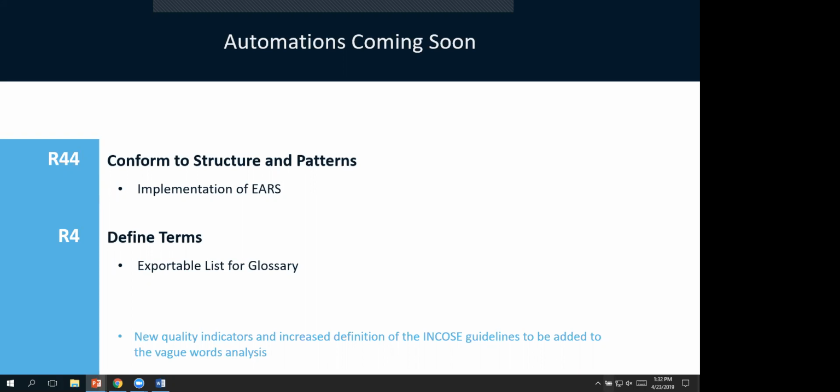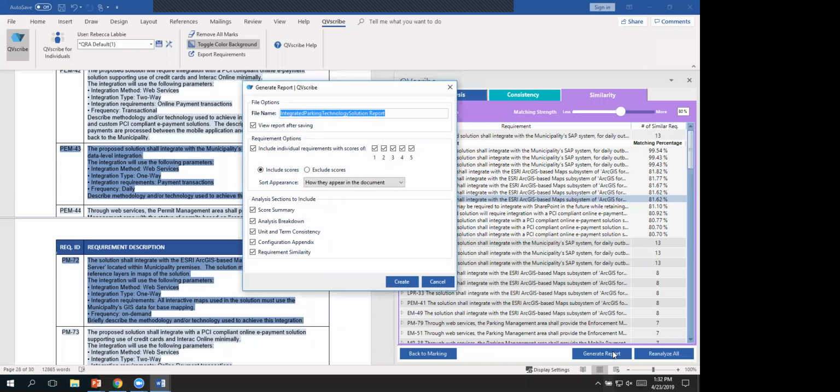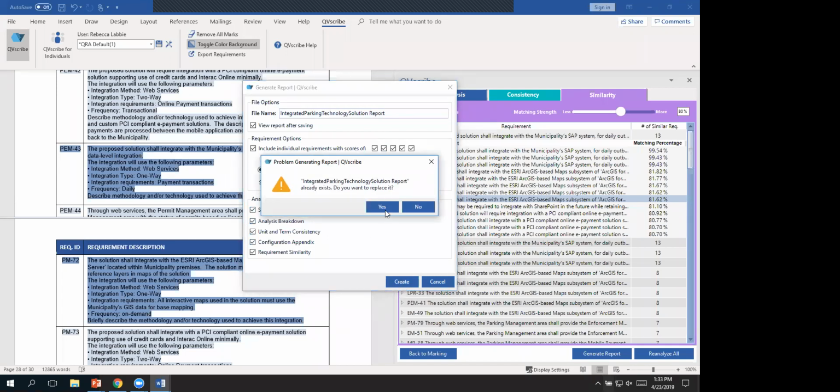So just one more item I wanted to show you on QB Scribe. The last item is the report, generate report, I guess. This allows you to completely configure your own report. You can name it. You can choose what is in this report. So if you only want to give someone the ones and twos to look at, you may give them that. There's also different items that you can remove from your report also. So if I click create here,